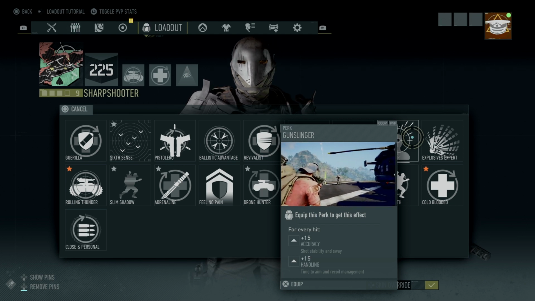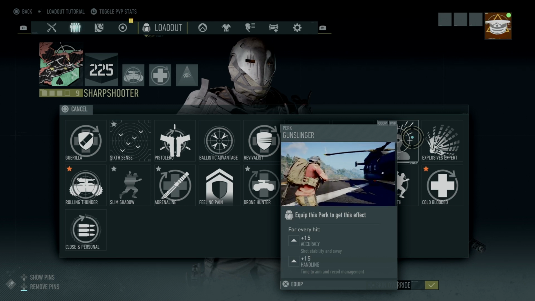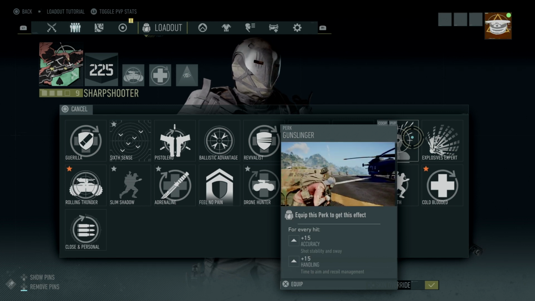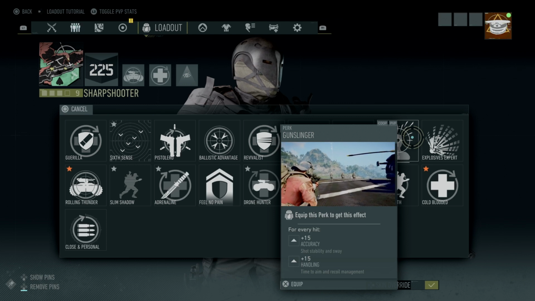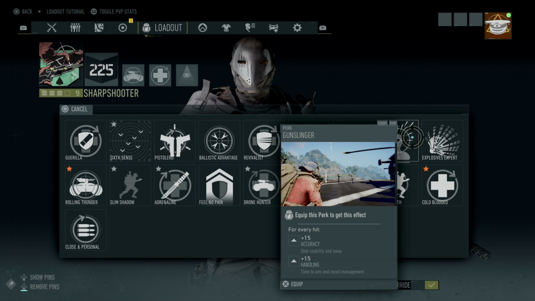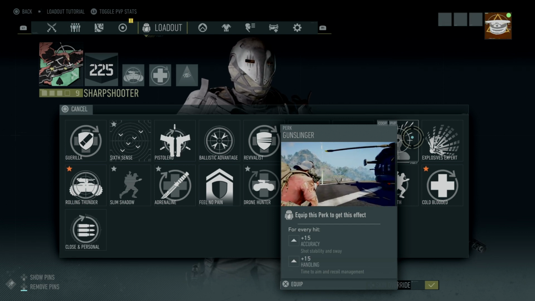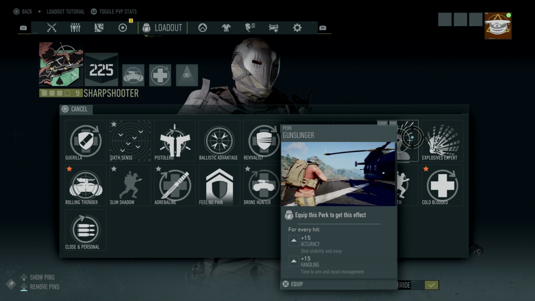Alright, so Gunslinger. Gunslinger, I haven't really put this one to the max of its testing, but it seems pretty good. It works somewhat in the same sense that Gorilla does. Every time you hit the enemy, you get an increase in the stats, so you get an increase in accuracy and handling. But I don't think you would really need to worry about going for this because it takes